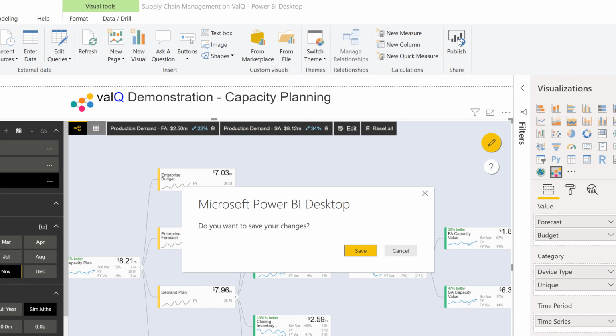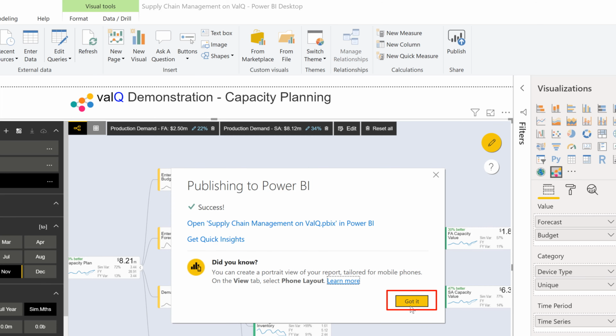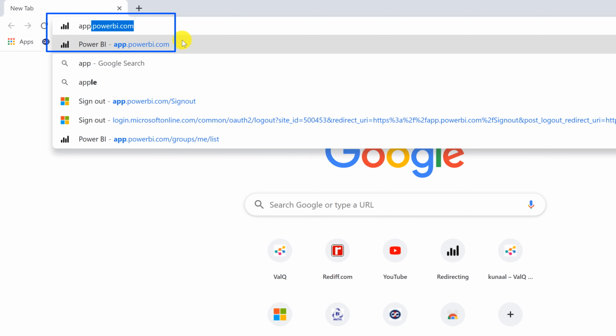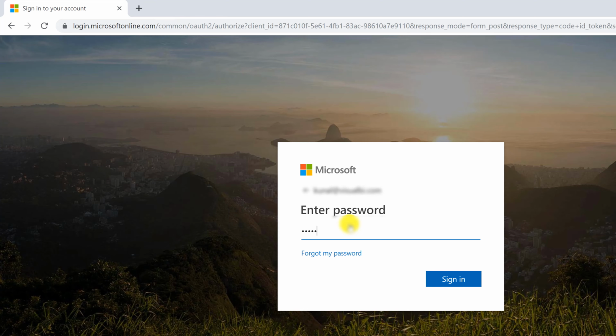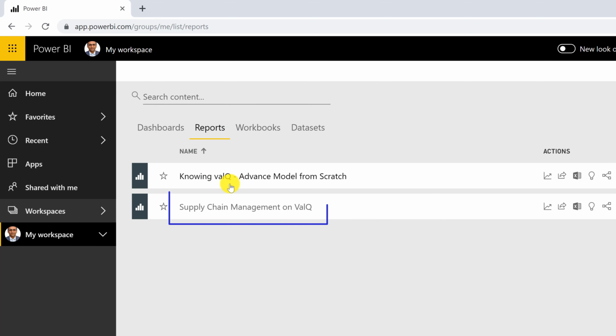In the home ribbon, we click on Publish, click on Save, select the destination where we want the file to be saved. Here, the file gets saved. Now log on to Power BI services using your login credentials. You will find your destination folder and your saved model in the report section. Click your file to open your model